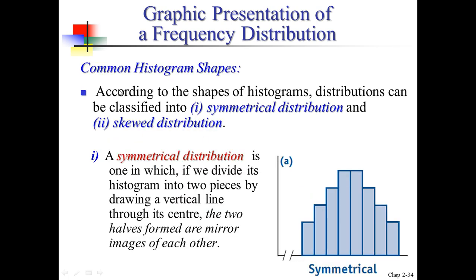This is symmetric. So, common histogram shapes. According to the shapes of histograms, distribution can be classified into one, symmetrical distribution, or two, skewness distribution. So what does it mean? A symmetrical distribution is one histogram shape in which if we divide its histogram into two parts